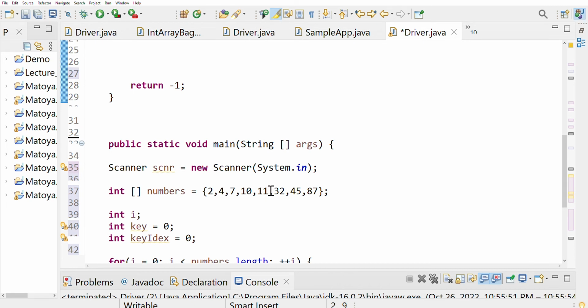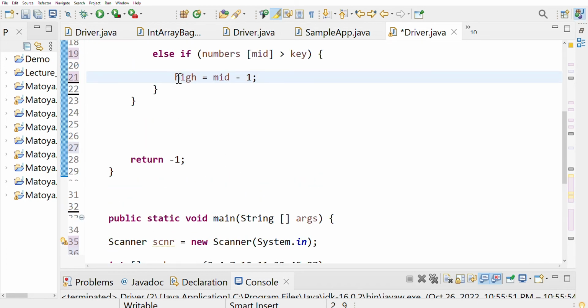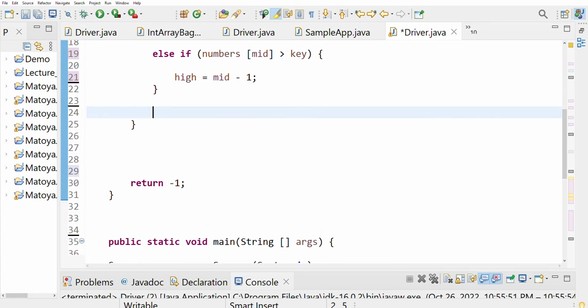So again, we have our mid at 11. If our mid is less than the key, so let's say the user picked a key, and the key is, let's say, any of these numbers, from 2 to 10. So what you do is take the mid, you minus 1, and then now this will be our new high. Okay. And then after that, we want an else statement